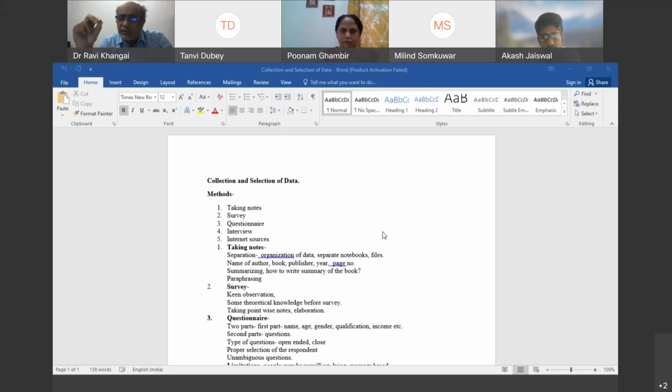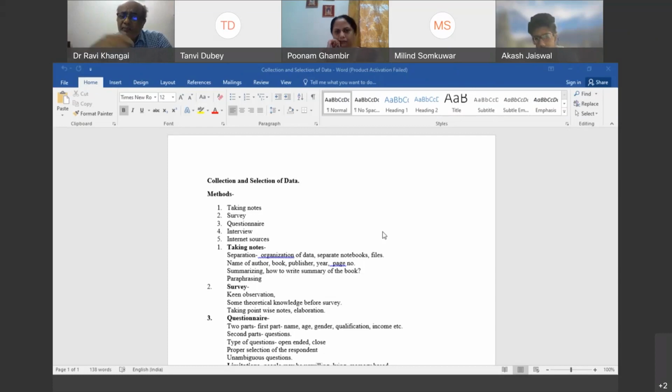For that, it's quite possible that you may have to read the book a number of times. There was one book which came to me for review, and I read that book around 4 or 5 times till I could write. It is a huge book, around 300 to 350 pages, and I had to write the summary in only 800 words, and ensure that no important point is missing. I had to choose very precise words. So it is a skill to summarize something, and that skill will come with practice.